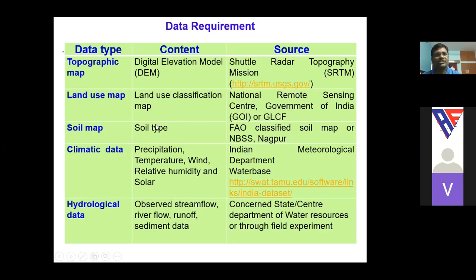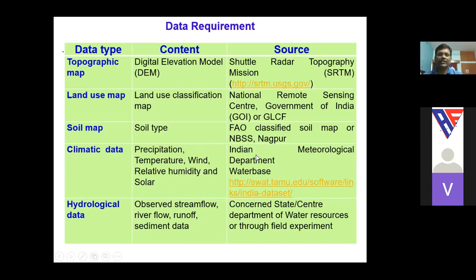Then the next one is the soil map, which you can get from two sources, either the Food and Agriculture Organization classified soil map, or in case of Indian conditions, from the NBSS, National Bureau of Soil Survey, Nagpur. Then the climatic data like precipitation, temperature, wind speed, relative humidity, or solar radiation.